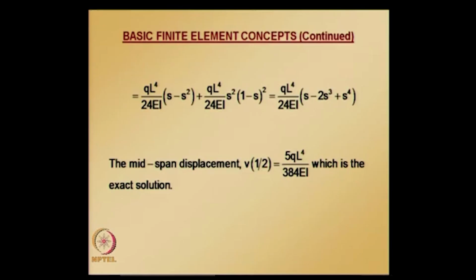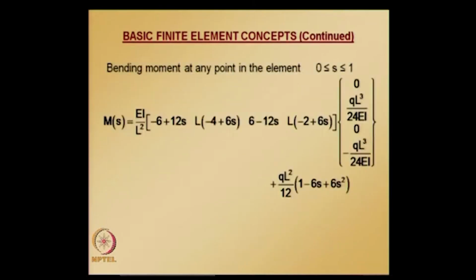And now the bending moment at any point, interpolating using the second derivative of shape functions and the nodal values, we will get the first term, and the second term is nothing but it is coming from the fixed end solution, which acts like a correction term. And now simplifying this,